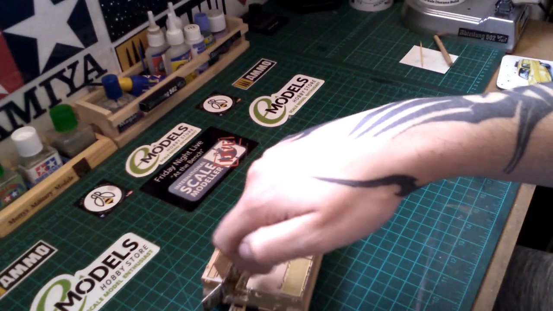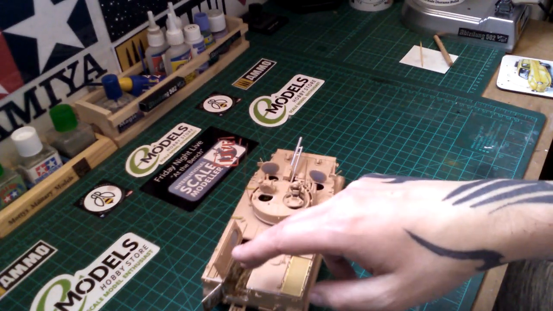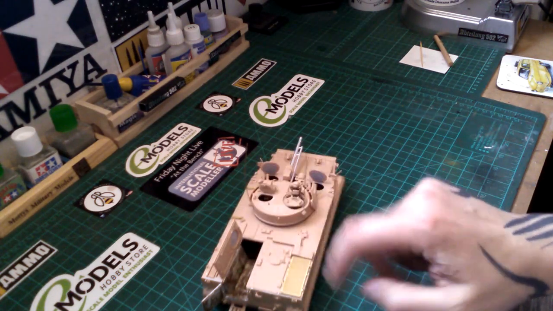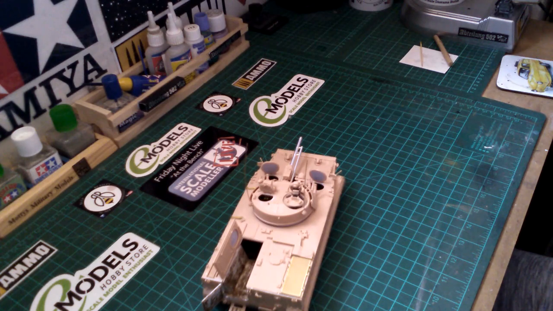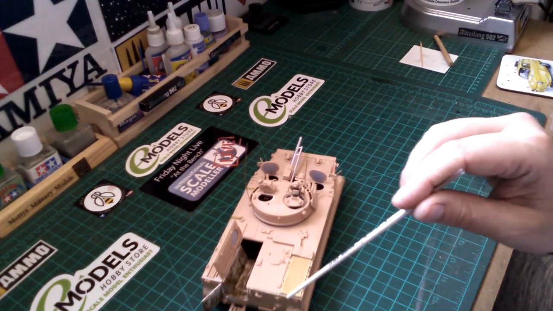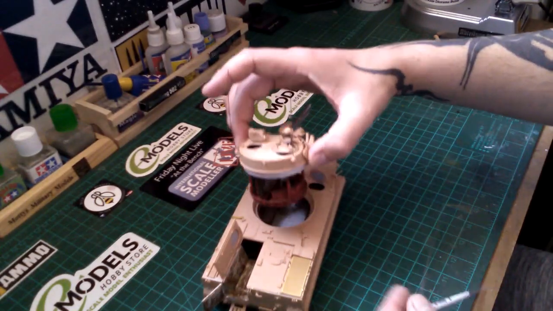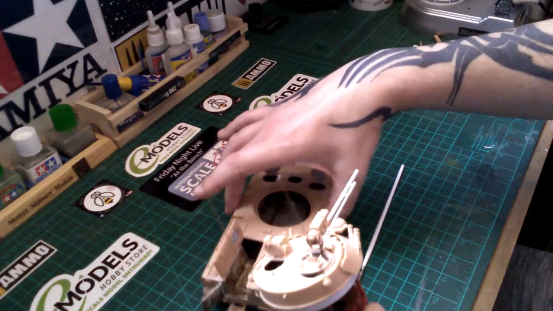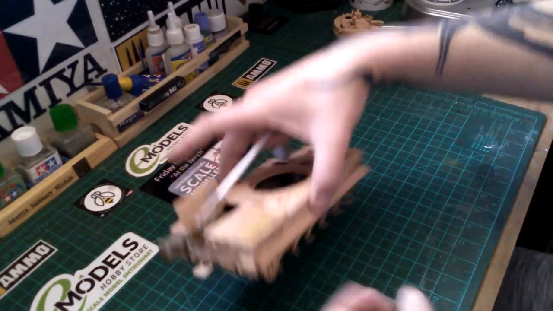This is supposed to be all shut and closed, and Trumpeter don't really give you an option to have all these open. There was a huge gap down here, so I've had to add some sprue goo down there. Let's just take it apart now. The turret, let's work it by sections, eh? So the bottom first of all,